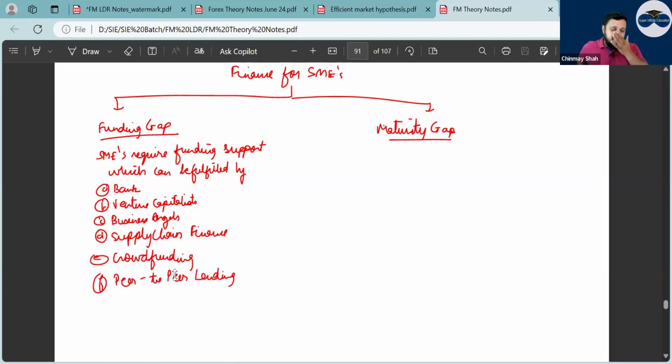Peer-to-peer lending is nothing but the 12% Club kind of investment, right? Where you invest your money on some platform, or you list that you have XYZ amount of money with you. People who need money will also come on that platform. So people who have money and people who need money are both on the same platform. People who have money will give it to the people who need money, and they will pay you returns more than the bank, correct? So that is peer-to-peer lending.